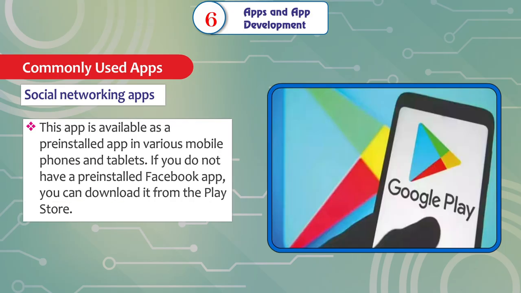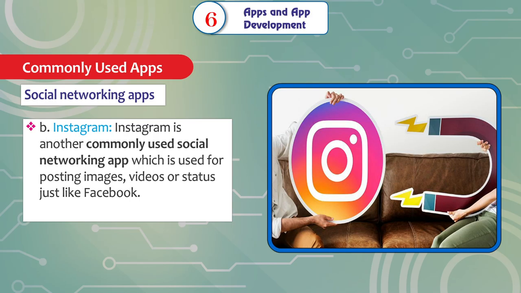This app is available as a pre-installed app in various mobile phones and tablets. If you do not have a pre-installed Facebook app, you can download it from the Play Store. B. Instagram. Instagram is another commonly used social networking app which is used for posting images, videos, or status just